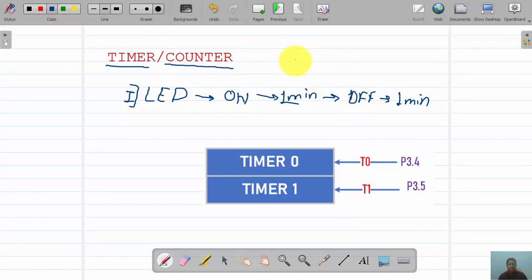This activity is called the LED blinking operation, which we visualize on many control panels. So here, when we talk about this simple logic,